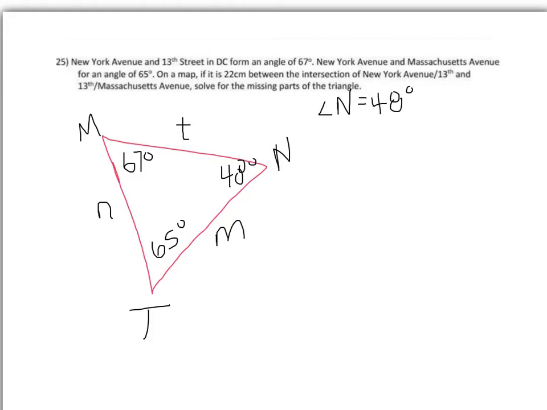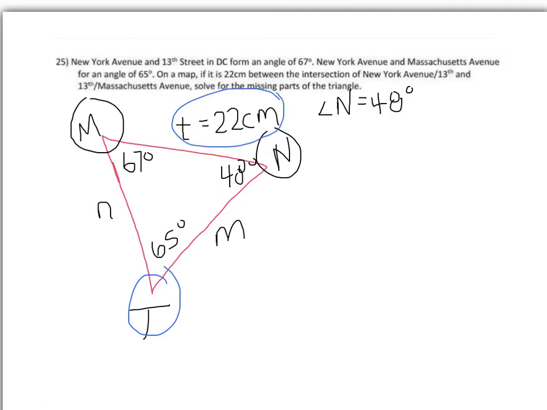Okay, now I also know that it's 22 centimeters between the intersection of New York and 13th. So if you look for the intersection of New York and 13th, that's vertex M. And the other intersection is 13th and Massachusetts, so that's N. So that means that side T is equal to 22 centimeters because that information is given in the problem. So now since you see I have a pair, I have angle T and side T, that's my pair,